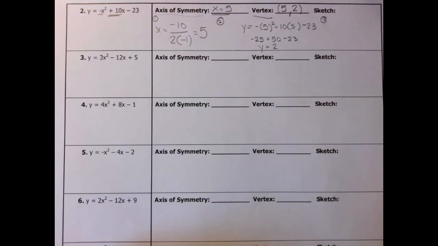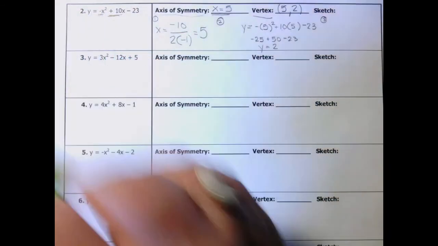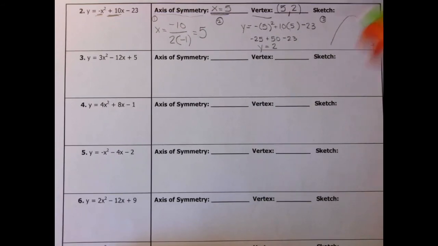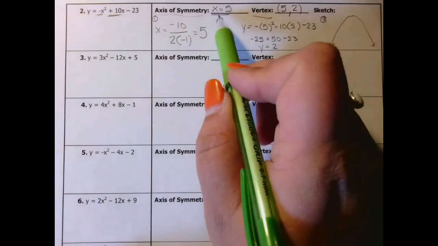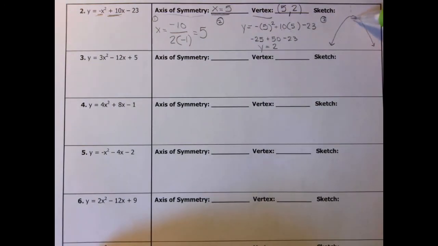So we know this parabola is going to open downward because our a value is negative. So anytime our a value is negative, that parabola is going to open downward. So I'm going to create that U facing downward, or a frown. I have my axis of symmetry at x equals 5. So that's going to be this vertical line coming down the middle. We want to label that axis of symmetry at x equals 5,